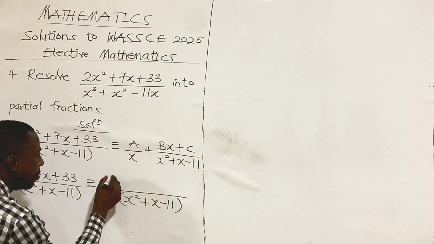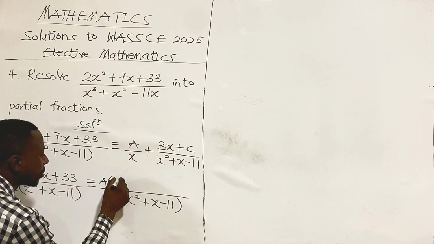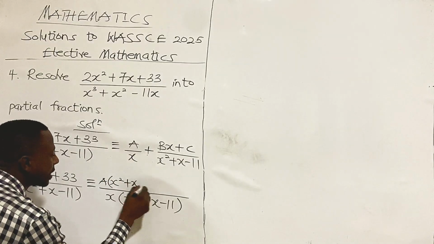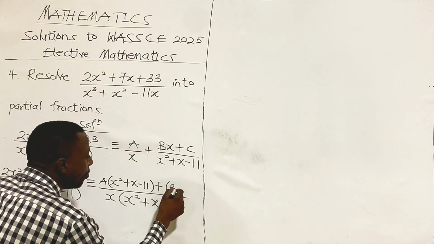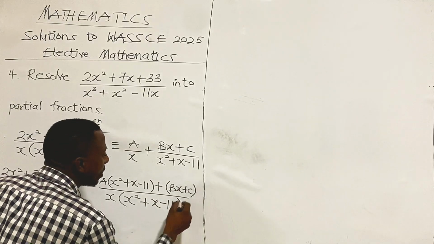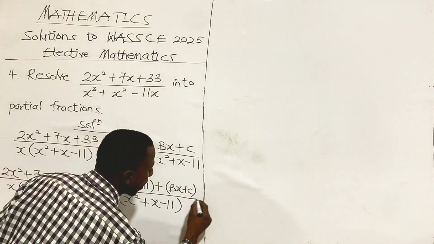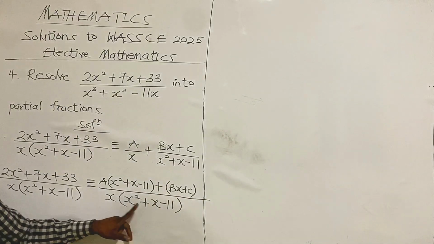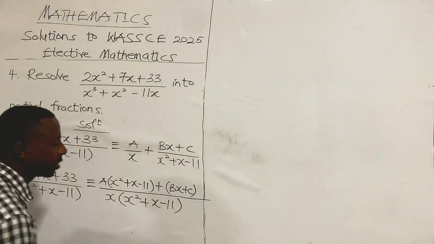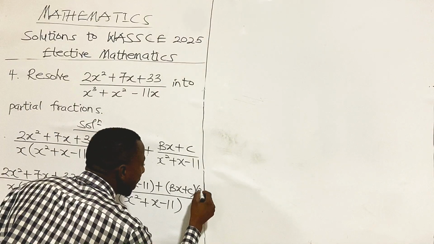So we have a multiplying x squared plus x minus 11 plus bx plus c will also multiply. We could see that this is also the same as this, so to multiply the x we have here. So it will multiply x,